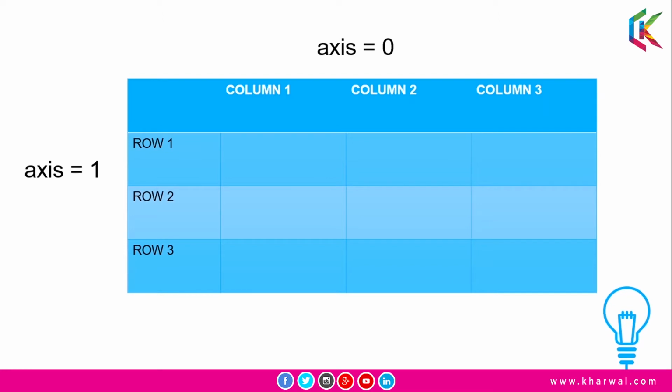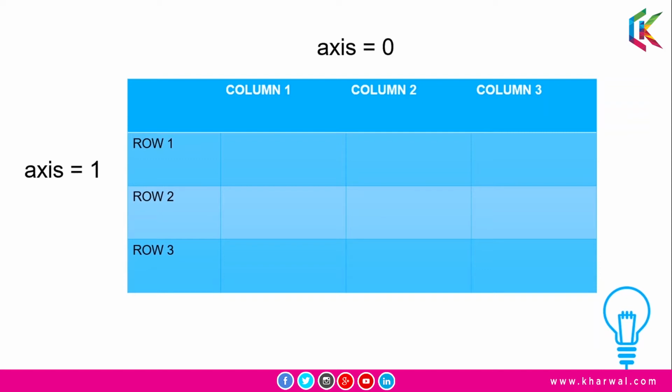The simplest example is a two-dimensional array, and you need to remember that axis 0 refers to the columns and axis 1 refers to the rows. So the first axis is axis 0 and the second axis in a two-dimensional array is axis 1, and for multi-dimensional arrays the third axis is axis 2 and so on. For example, if we set axis equals to 0, then we want to sum up the columns. Remember, axis 0 refers to the column axis, whereas if we set axis equals to 1, then we want to sum up the rows. Remember, axis 1 refers to the rows axis.